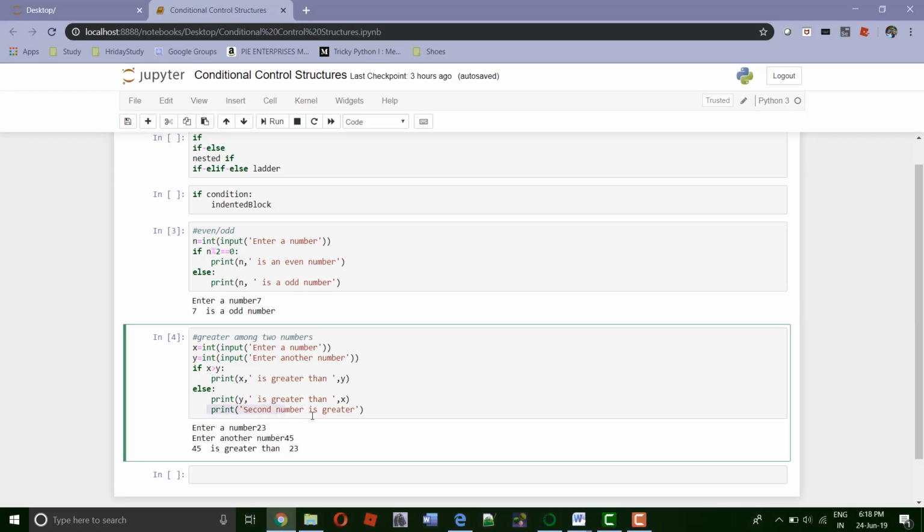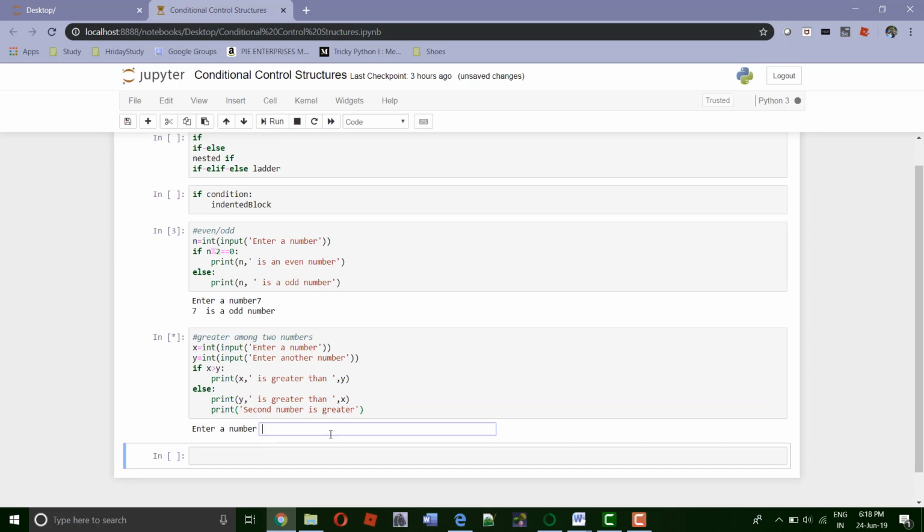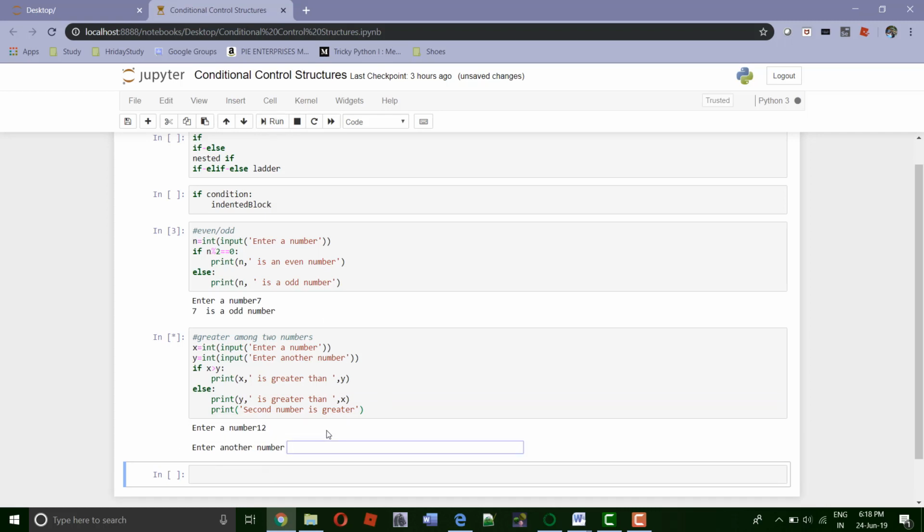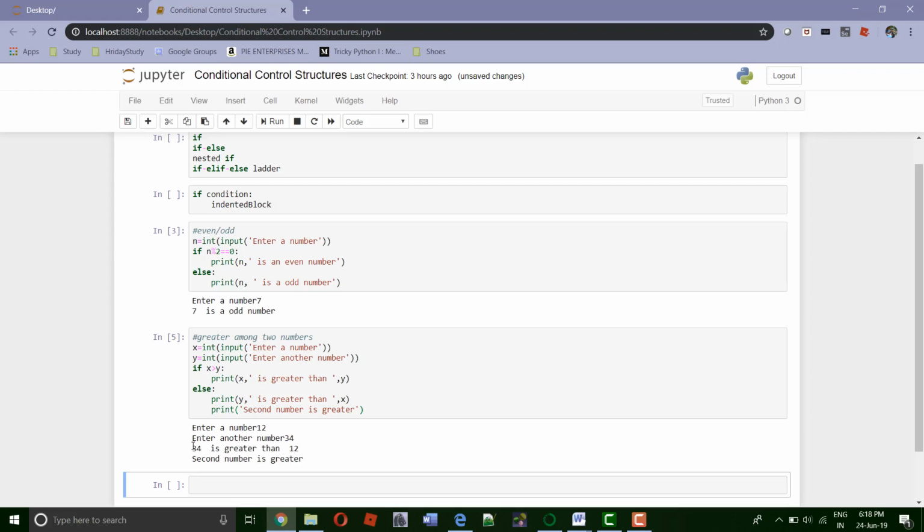So this statement will also be executed whenever the above condition is false, as this is part of the else body. So let's run this once. Now suppose we enter the first number as 12 and the second number as 34. Now here you can see we are getting two messages: 34 is greater than 12 and the second number is greater. That is, this statement belongs to the else part.